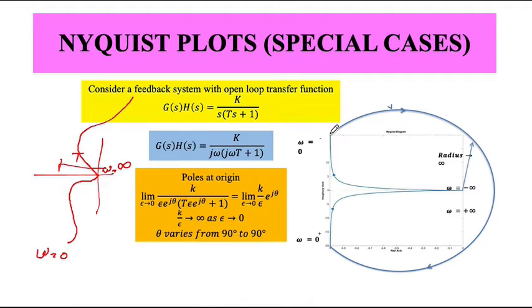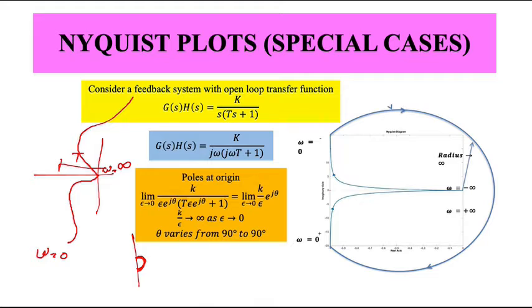Okay, now what happens at omega equals 0? I have to really compute this. So the thing will be a region of infinite radius. This is given by the pole, this short semicircle. So this will represent that one in the s plane.